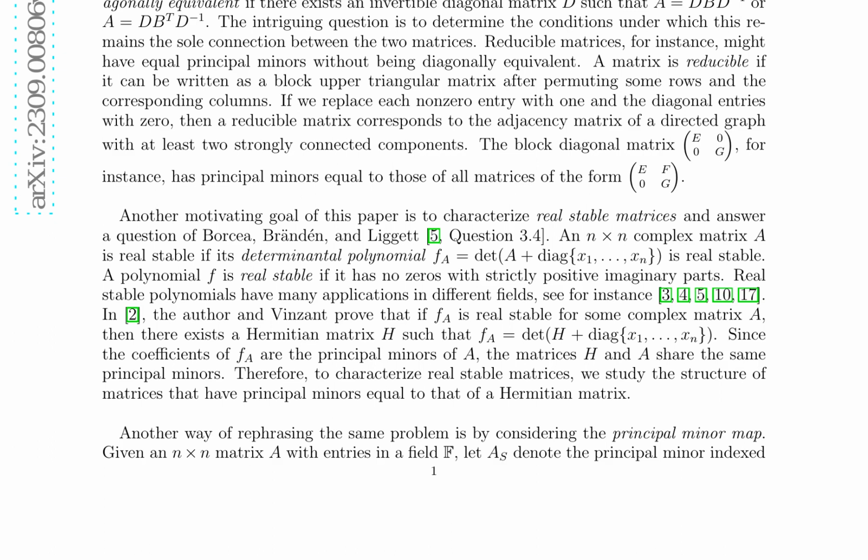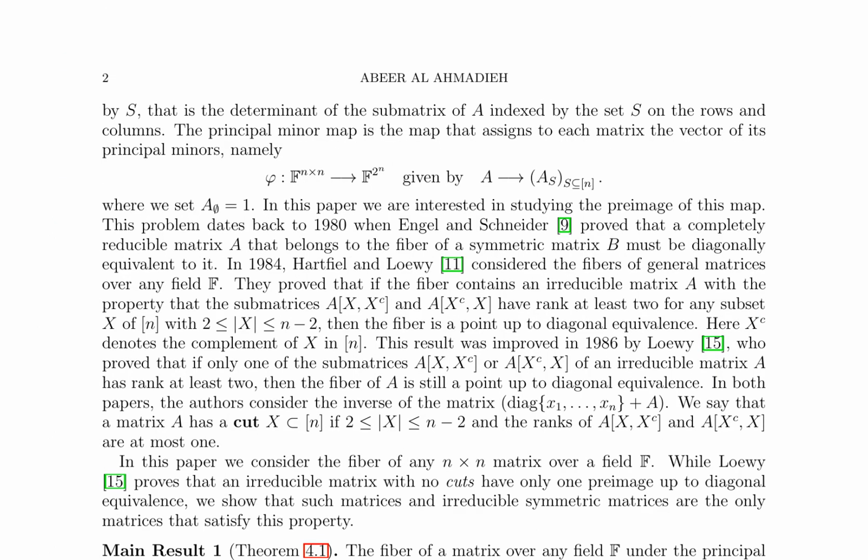stable matrices. The principal minor map, denoted by phi, assigns to each matrix a vector of its principal minors. This paper focuses on studying the preimage of this map. The problem of characterizing the preimage dates back to 1980, when Engel and Schneider showed that a completely reducible matrix A belonging to the fiber of a symmetric matrix B must be diagonally equivalent to it. Subsequent work by Hartfiel and Loewy, as well as Loewy, has explored the fibers of general matrices over any field